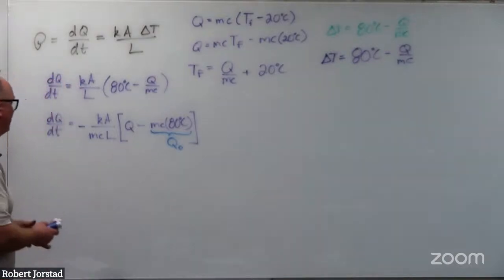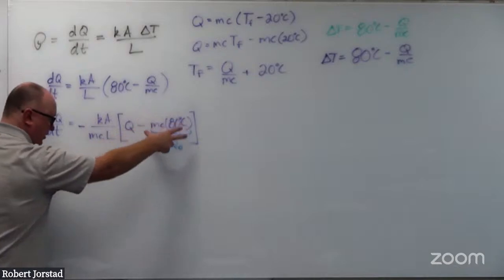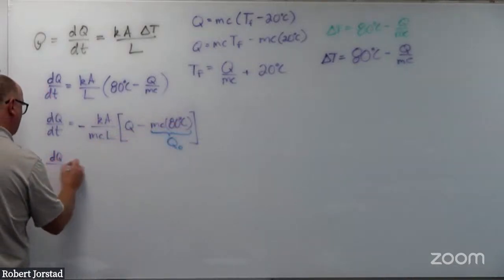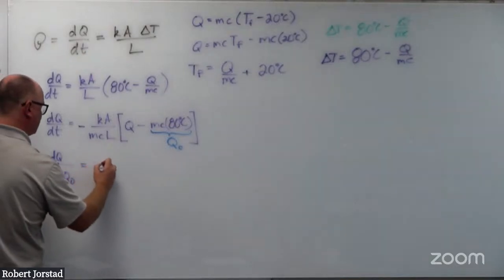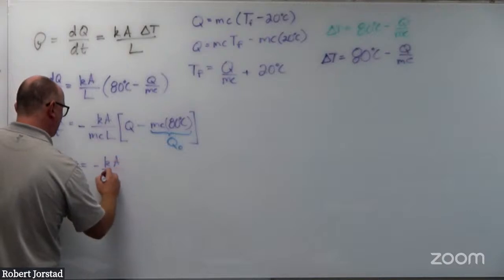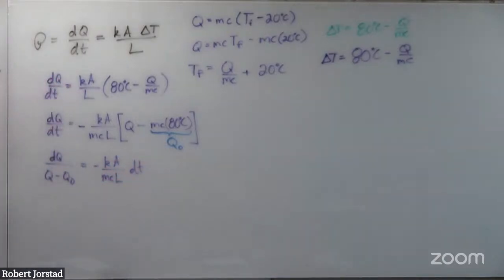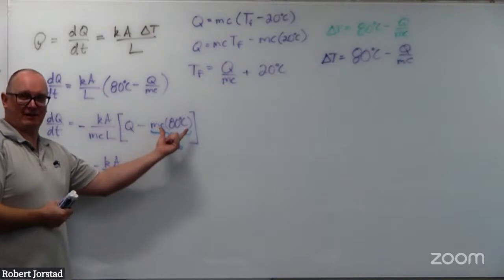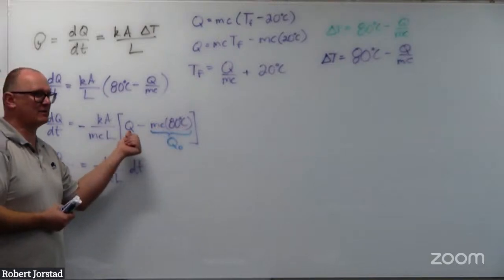3, 2, 1. You cannot just add this stuff over. You got to get this whole term over here. This ends up being dQ over Q minus Q0 equals negative kA over mcL dt. You might be sweating a little bit, freaking out about this minus sign. Don't worry. This term, mc times 80 degrees, is much bigger than this Q, which was, I think, mc times